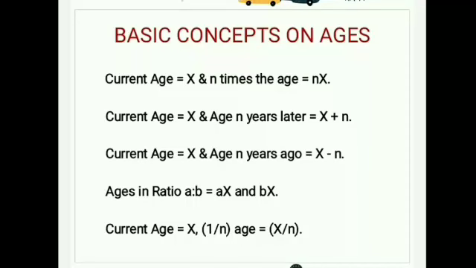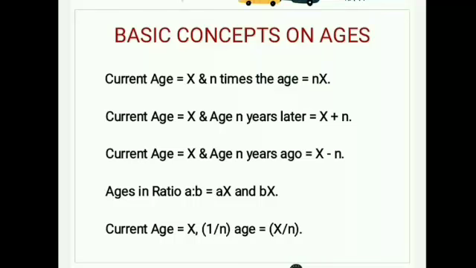Whenever they ask about n years later, you have to add the current age and those n years, and for ago or before, you have to subtract the n years from the current age.